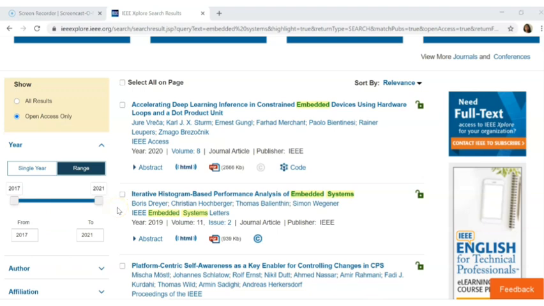Mostly if you are going to select a seminar paper, the college will only prefer papers which are very recent. That is, if you are in 2021, only papers published in 2020 or 2021, which are the very latest, will be selected by your guides, right? So you have to select the most recent papers, and also papers relevant to your topic. You can do that here.